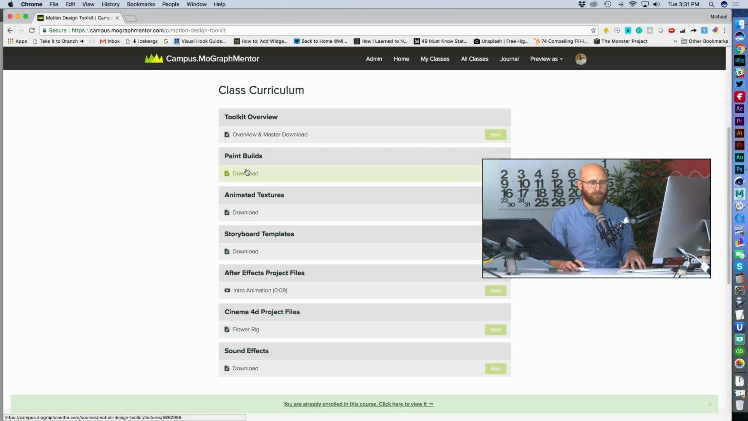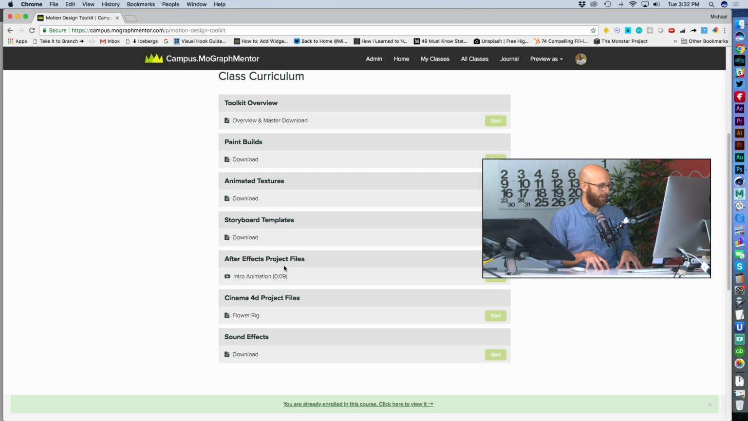Some paint builds, which are going to be used for transitions. You can bring those in and use them as alpha mats or track mats. Some animated textures that you can mask in interesting ways. Some storyboard templates, just a really basic Illustrator file that gives you various formats to do some storyboarding. I've got a section for After Effects project files, Cinema 4D project files, and then some free sound